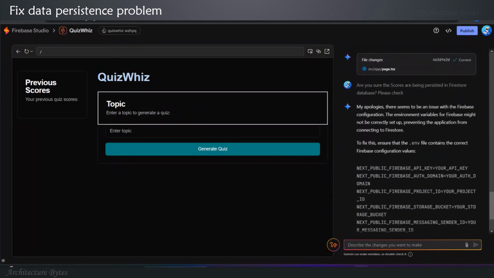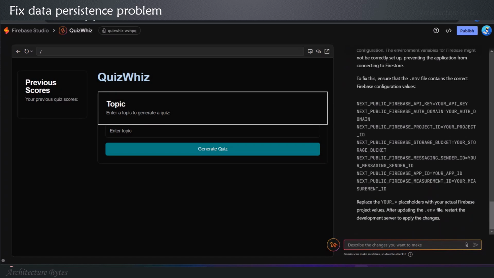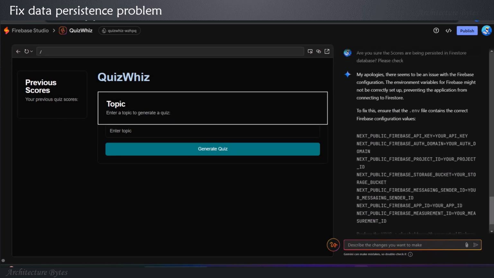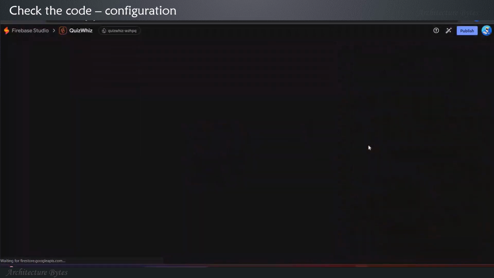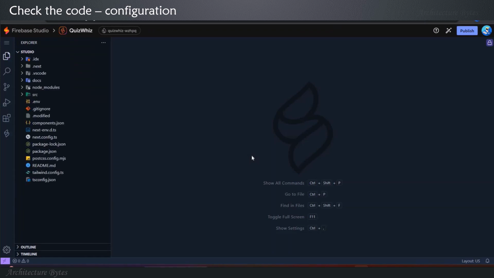Okay, my apologies. There seems to be an issue with Firebase configuration. The environment variables for Firebase might not be correctly set up. To fix this, ensure that the .env file contains the correct Firebase configuration values as shown here. So replace the placeholders. We will switch to code view and take a look at the code, particularly the